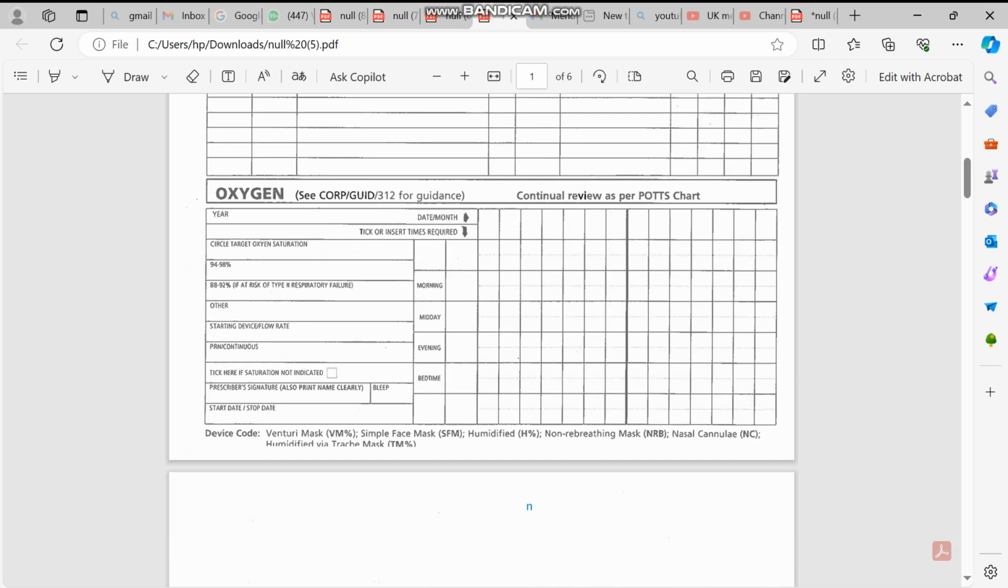Apart from this, on the first page you can see oxygen. Okay, if the patient is oxygen dependent, or if he has some respiratory issue, like pneumonia or COPD, if oxygen is prescribed, then you will have